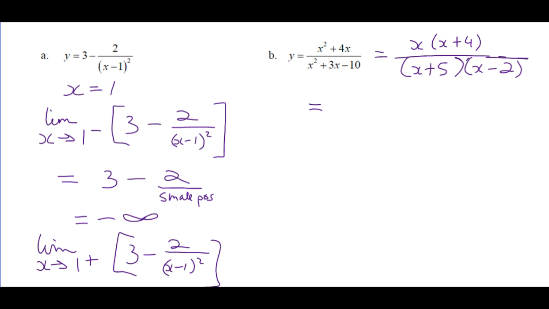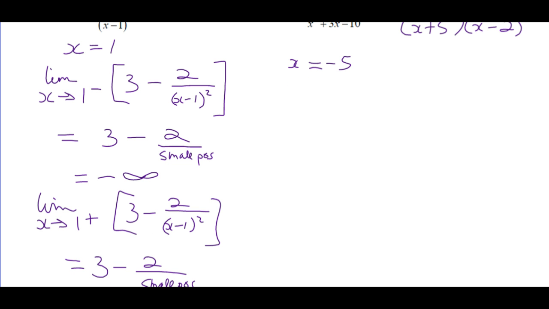But there's two asymptotes, at -5 and at +2. So we need to examine x equals -5. We need to do it from the left. We need to do it from the right. We need to do x equals 2. We need to do it from the left. We need to do it from the right. We need to do it in under 10 minutes, but we can do this. Okay, so the limit